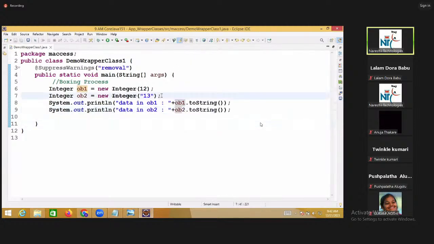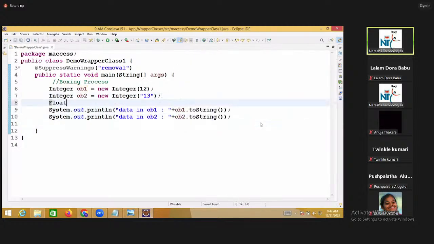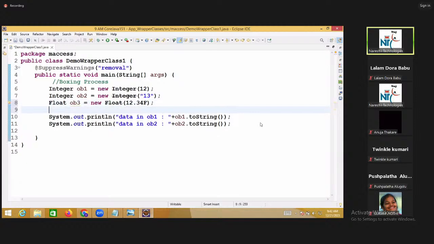Like this, I want to take a float. Float ob3 is equal to new Float of 12.34f. If I write f, that is float. Float ob4 is equal to new Float of 12378.78.